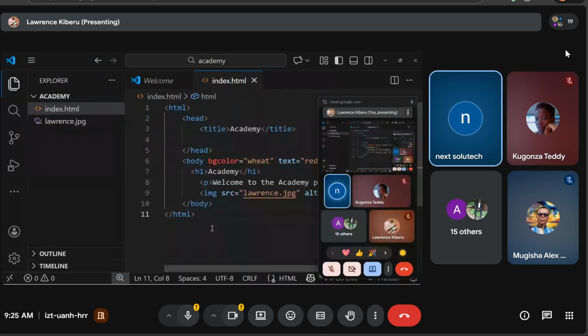Okay. Somebody is sharing screen, which is okay. Yeah. So,